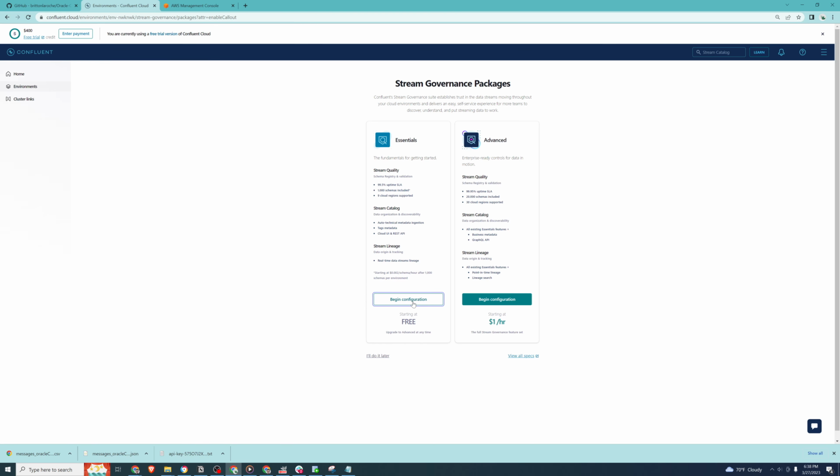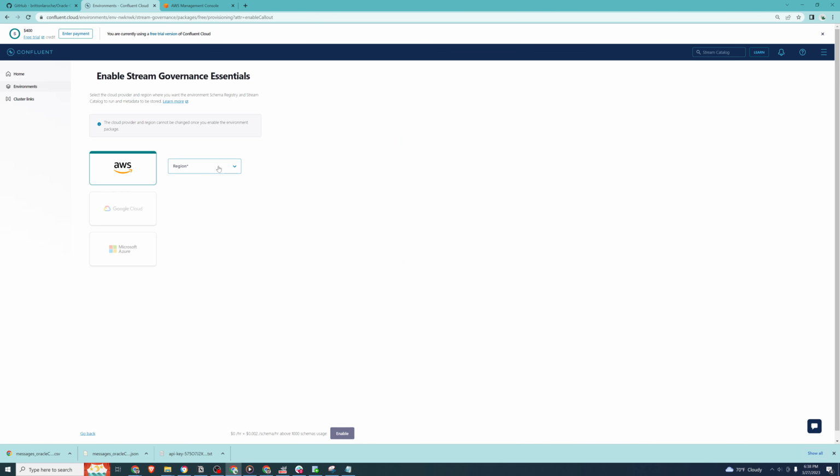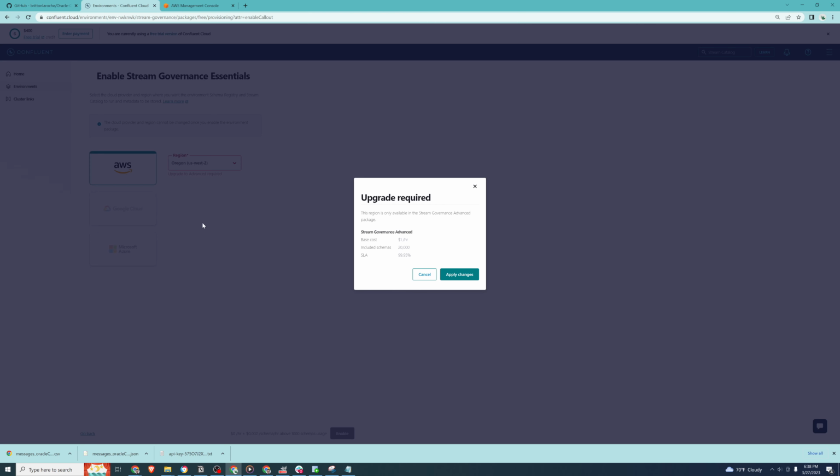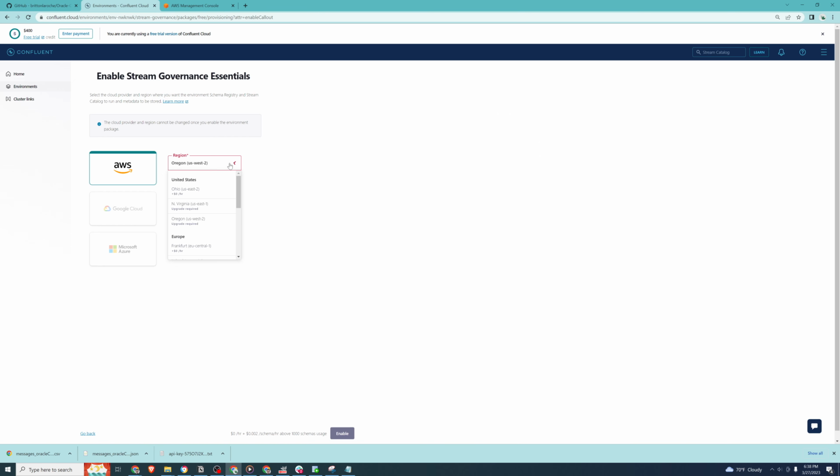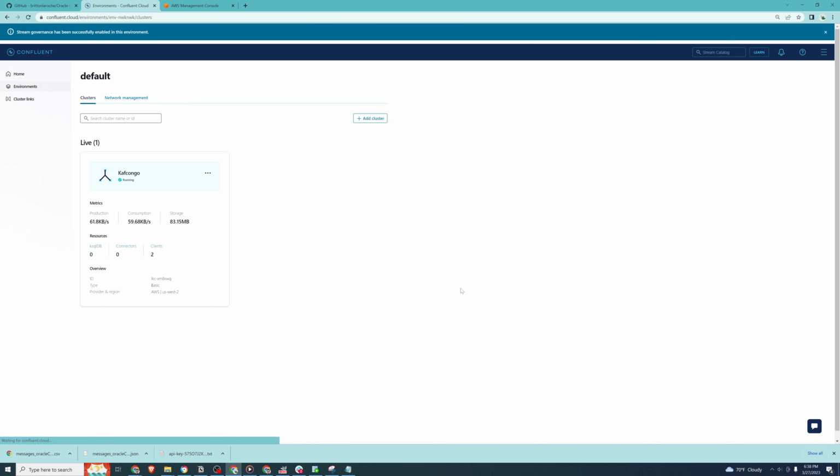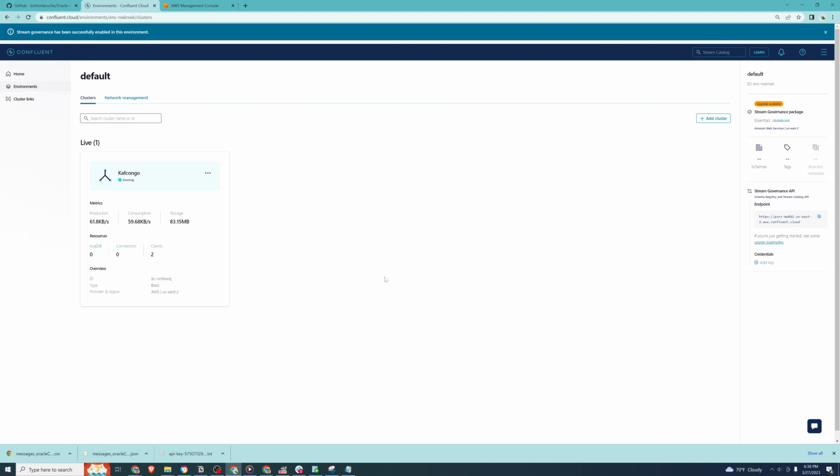So we want to go ahead and enable this. I just want the essentials for free. And we pick a region in AWS. Oh, this is upgrade. Hold on, I don't want to upgrade. We will use Ohio US East 2 because I would like to keep costs at a bare minimum. So we'll go ahead and enable this. Now we have schema registry